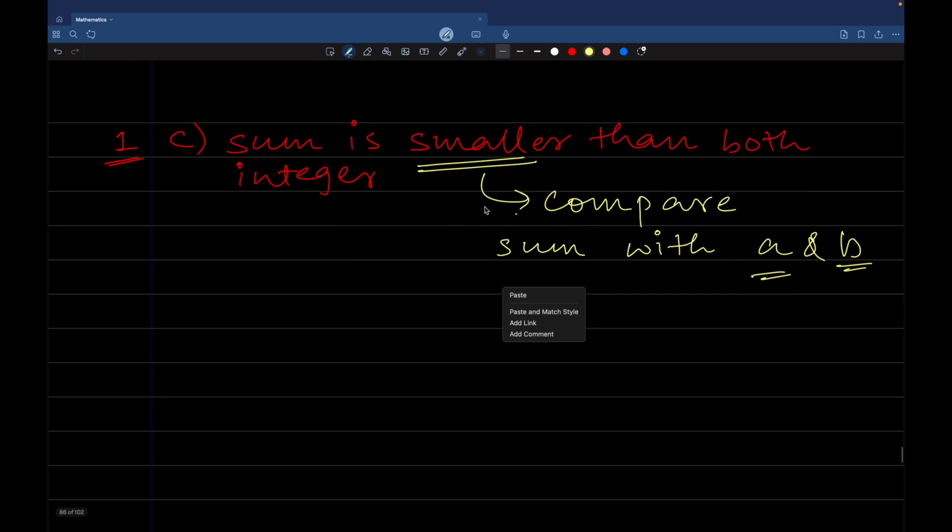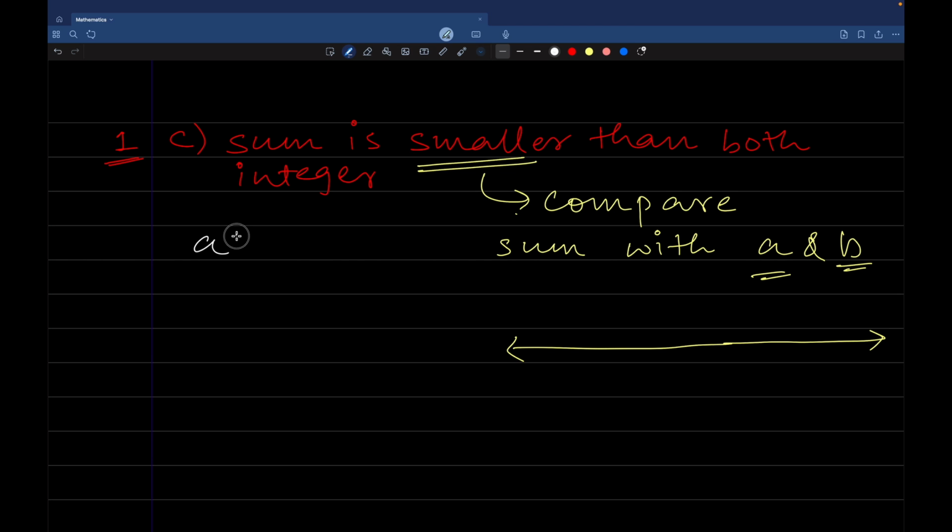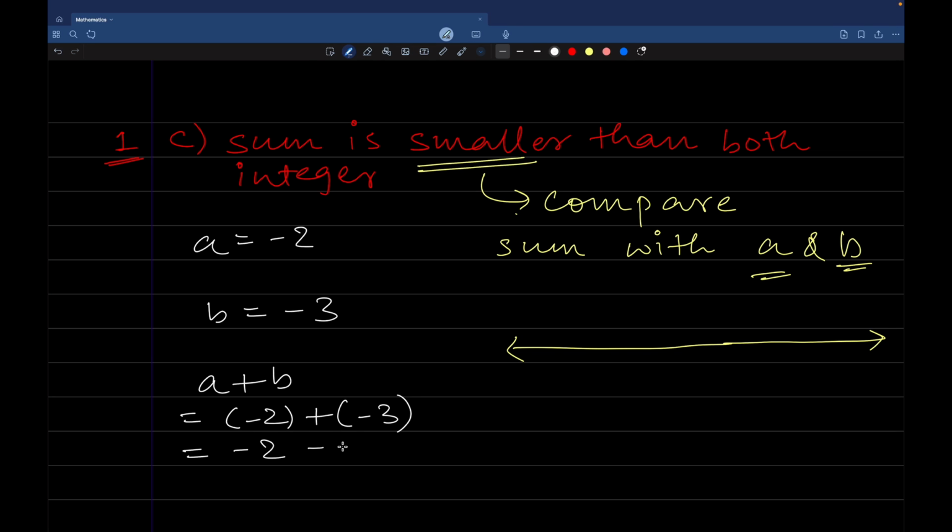So we will draw the number line at the end of this question to compare the sum and a and b. Now let us solve the question. We can take a equals minus 2, b equals minus 3. We will get the sum a plus b, that is minus 2 plus minus 3. Plus into minus is minus. Why? Because we have plus into minus equals minus,